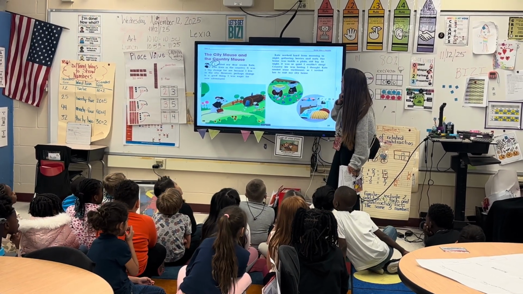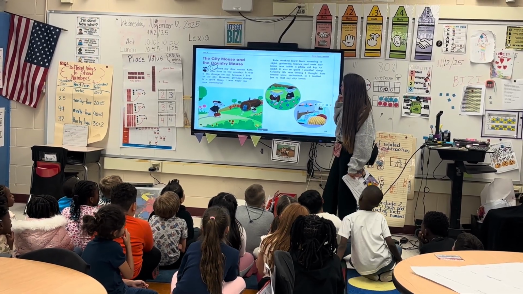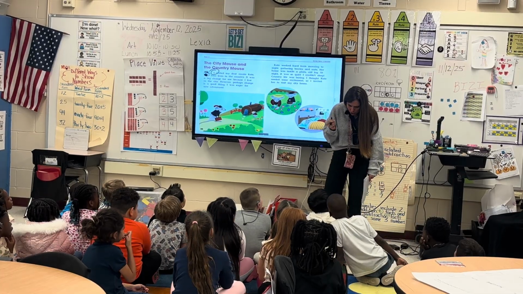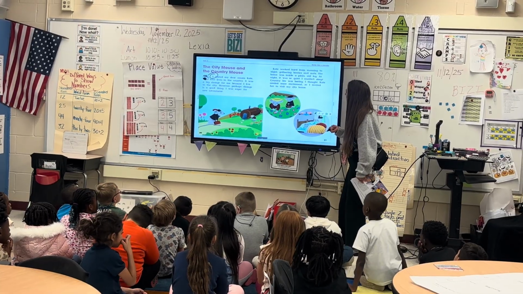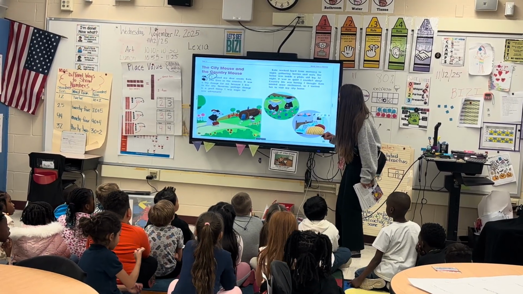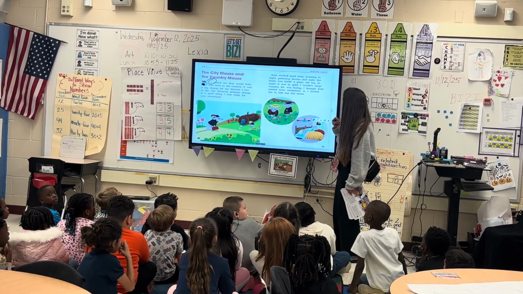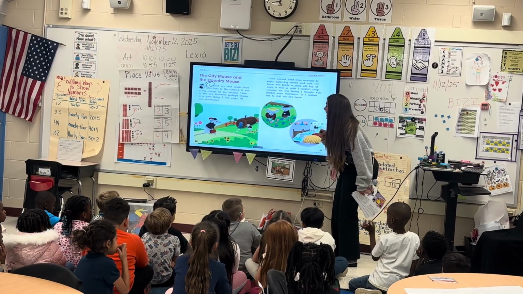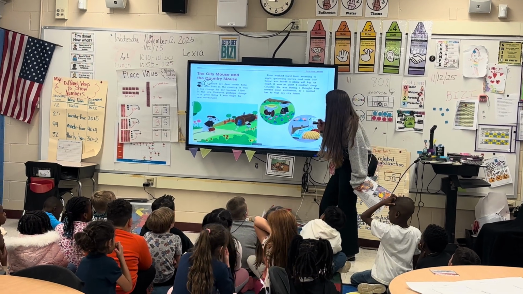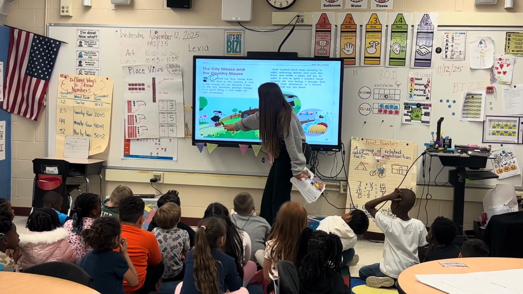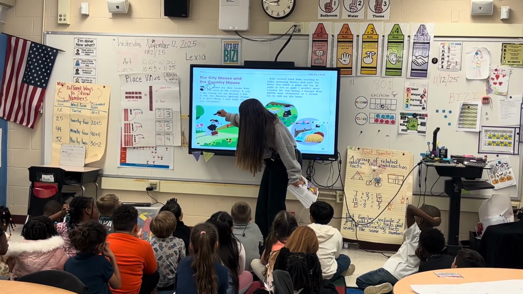"Kate worked hard from morning to night gathering berries and nuts. Her home was inside a plain old log." Where did they live? In a plain old log. "At night, it was so quiet I couldn't sleep. Country life was so boring. I thought Kate needed some excitement, so I invited her to visit my city home." So this is them. Who do you think this is? Who's going to visit? The city mouse. So this is City Mouse.